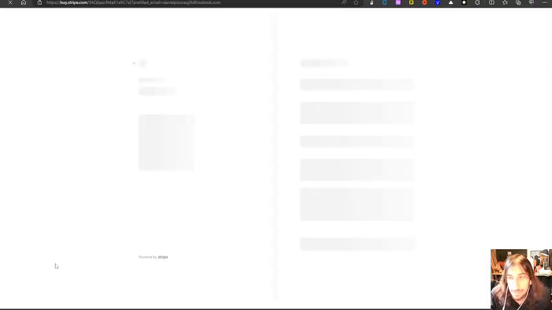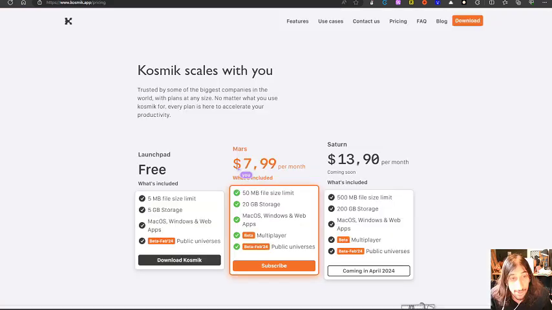Now let's take a look at the pricing. So $7.99 per month is the pricing. With this, you get 50 megabytes of file size, 20 gigabytes of storage. You get the app, which is available on Windows, Web, Mac OS. You get multiplayer and public universes. And for